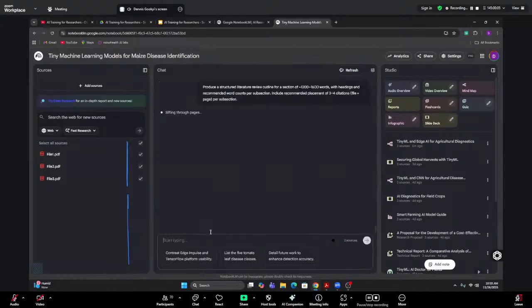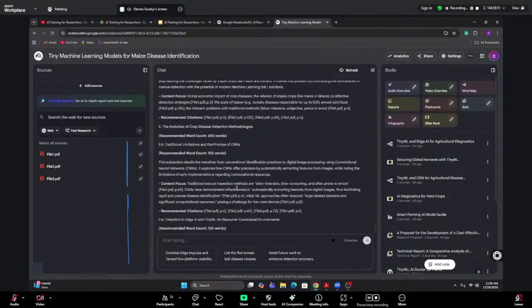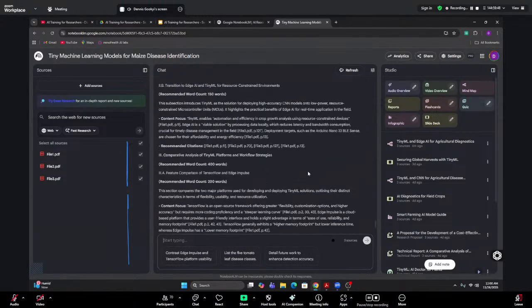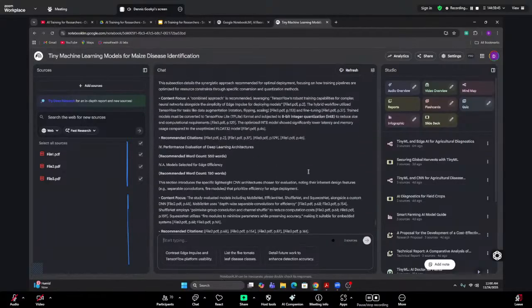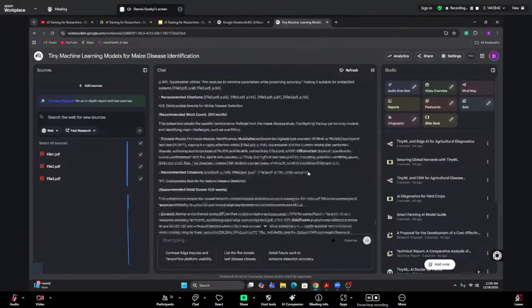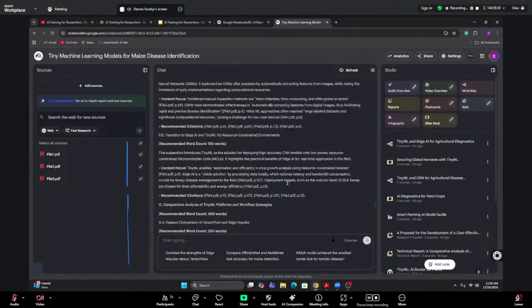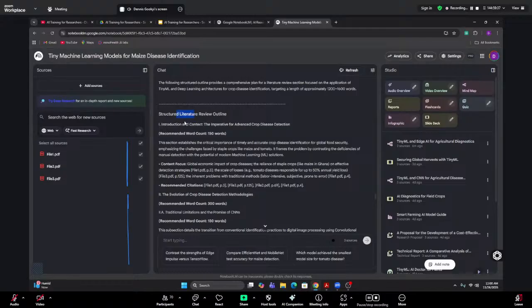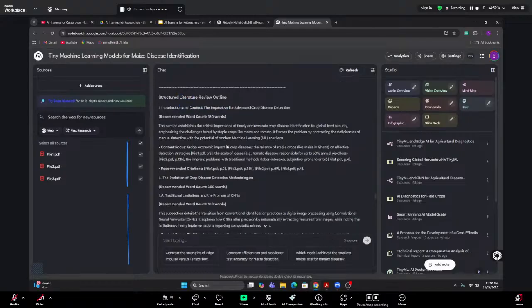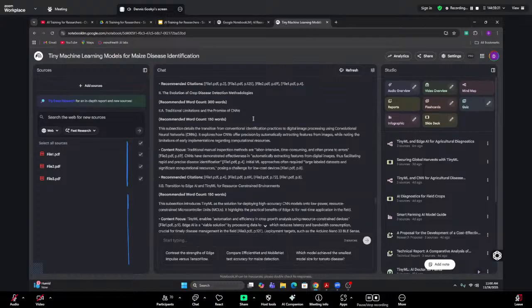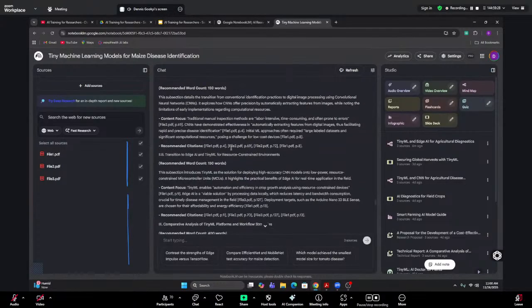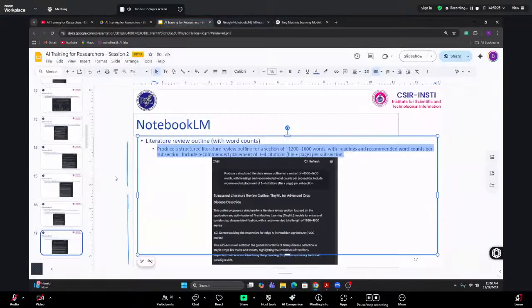So I just paste this prompt here and then it produces a kind of literature review outline for me, and the word count will be limited to between 1,200 and 1,600. Right, so it has given me the structure of my literature review: introduction and context, and then it gives me the word count for each of the sections, stuff like that. So from there, I can now come to my tool again and quickly